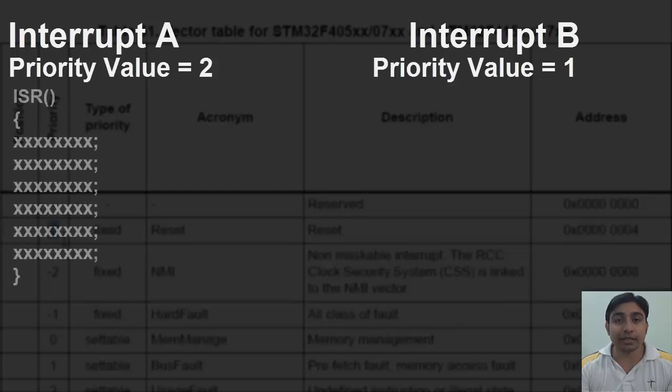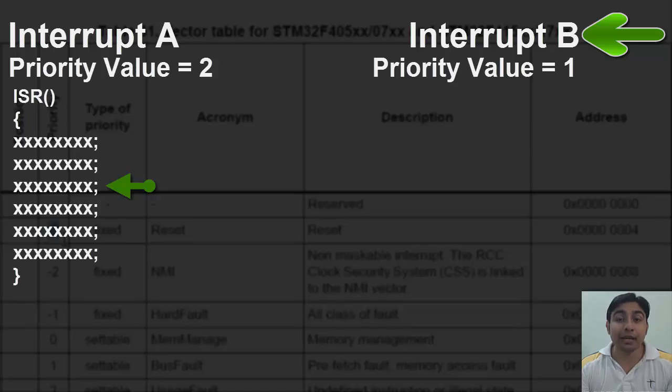Hence, the statements written in interrupt A's ISR will start executing. Let's say it has 6 statements. Now the ISR will start executing, first statement, second, then third. Now let's suppose interrupt B occurs.